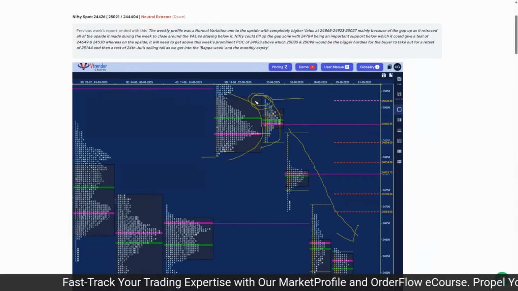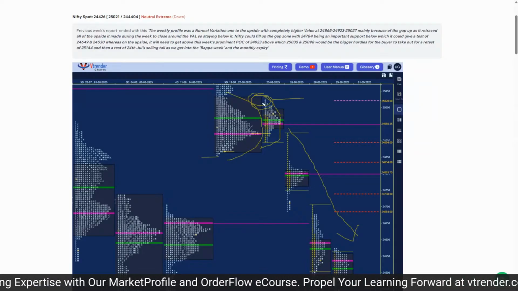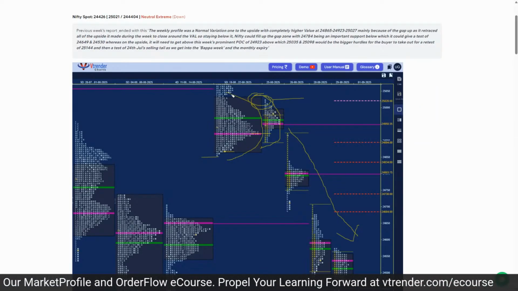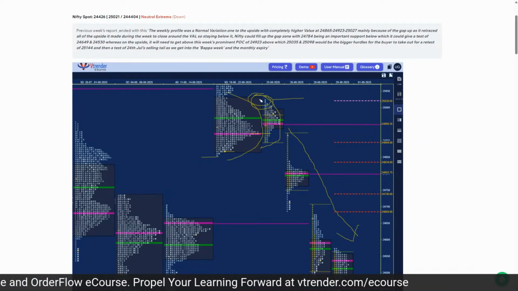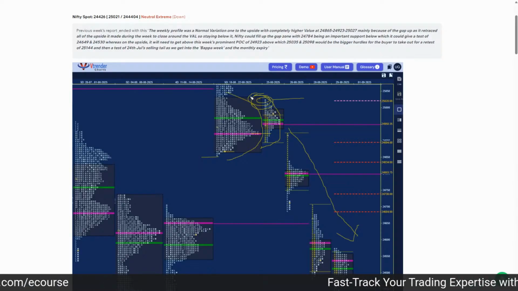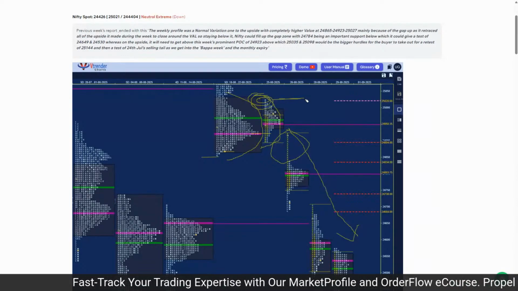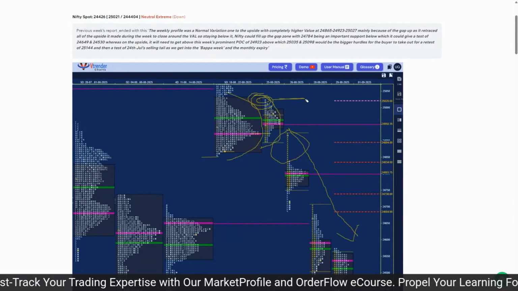25021. Sorry, this is 25021. The 25141 was in the week prior to this when we got this gap up, 18th to 22nd of August. Last week we made a high of 25021 on Monday, and we got this small rejection in the K period. So this was telling us that the previous week's value area high was stalling. And the next day when we got this initiative selling tail, a weekly failed auction got confirmed at 25021.